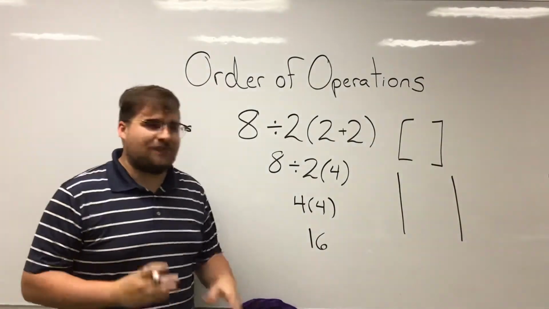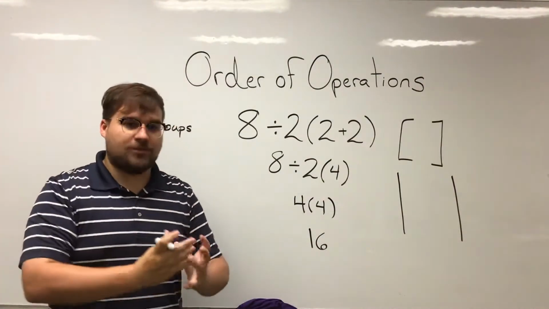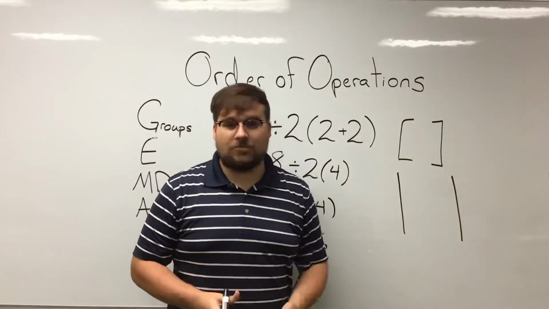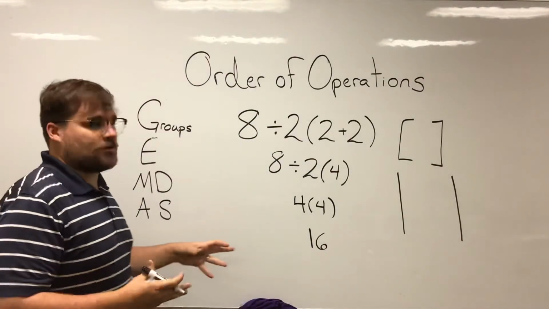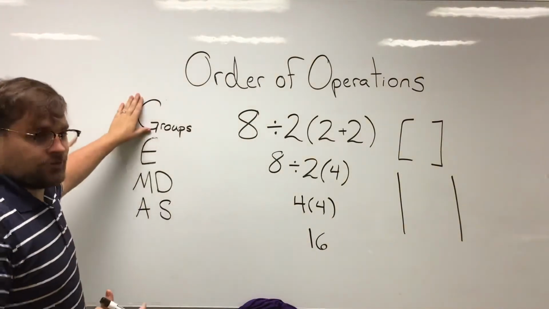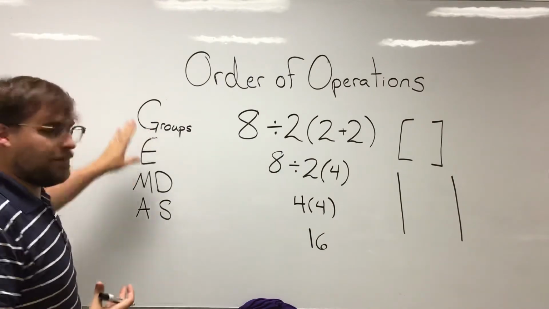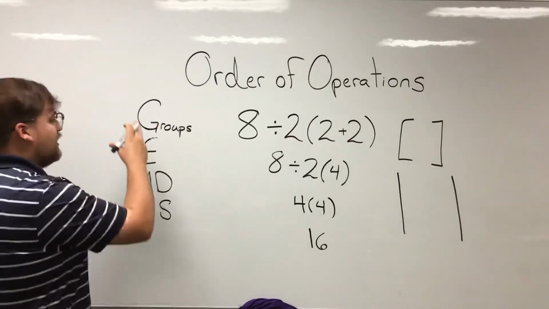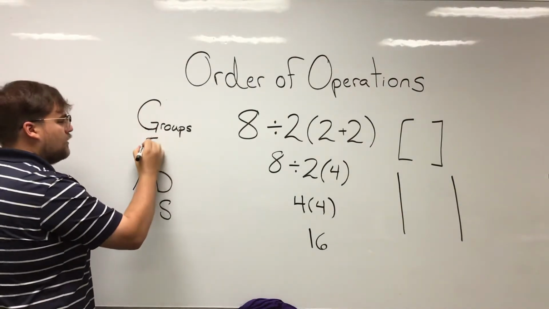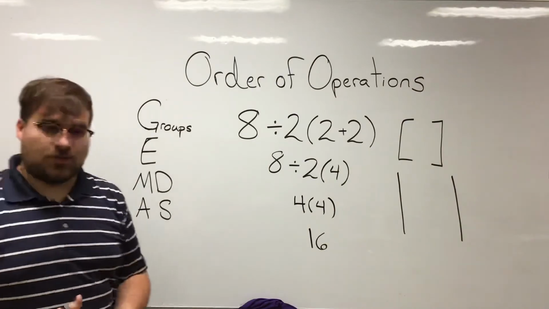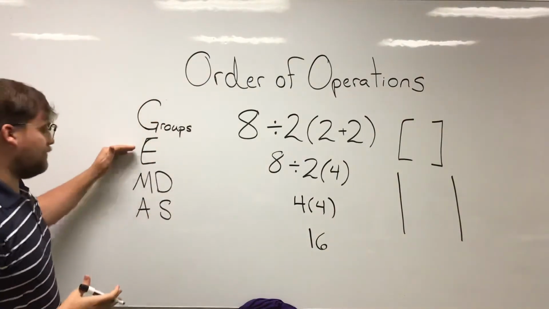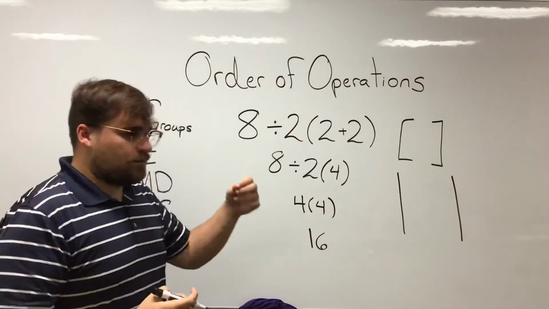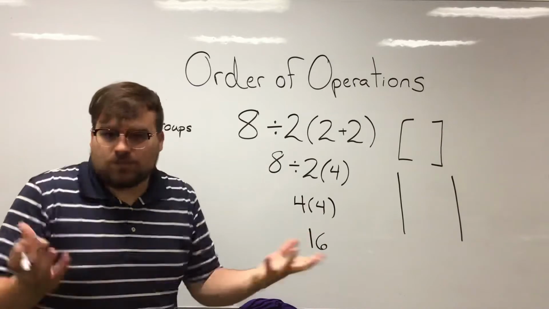So anytime you have a group of your expression that is all put together in parentheses, in brackets, or in absolute value bars, then we are going to do that first. So I am going to change, for my own learning ability, this first letter that typically is P for parentheses into G for groups. Now what we also are going to be talking about is this second step, traditionally just E for exponents. In higher levels of math, or high school level math,